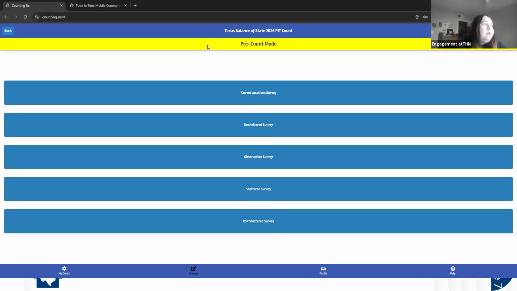And as I said before, you'll see this yellow highlight at the top says pre-count mode. This just means that you can submit practice surveys. Come the actual day of the count, this highlight will be gone, and that means all surveys will be counted and will be considered official surveys. Okay, so moving on,